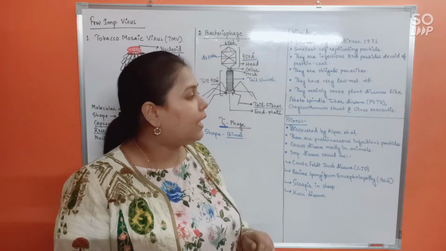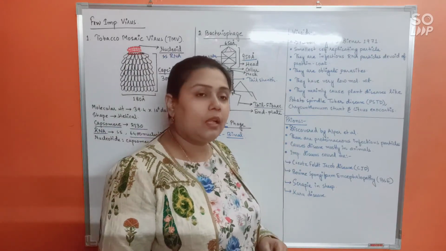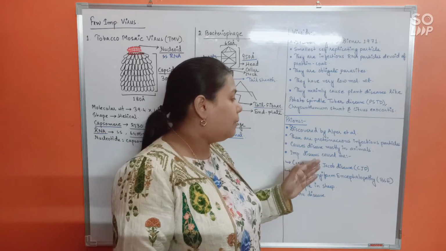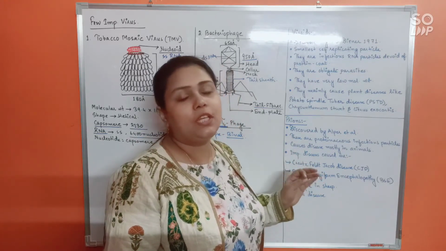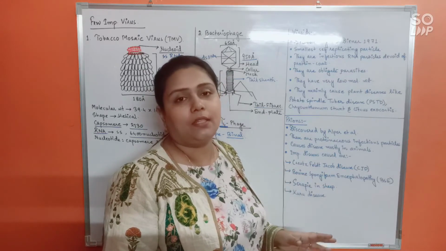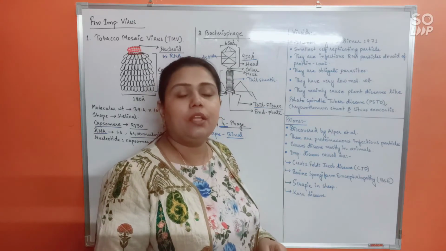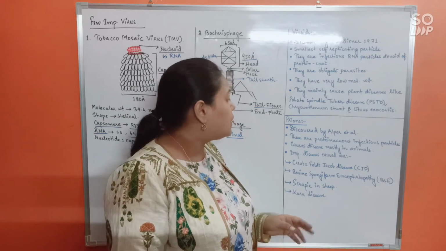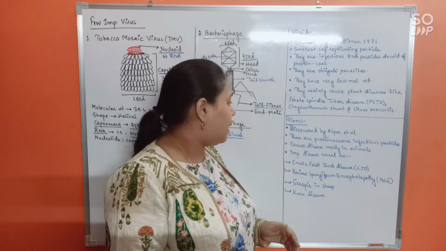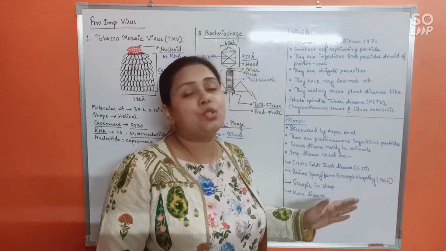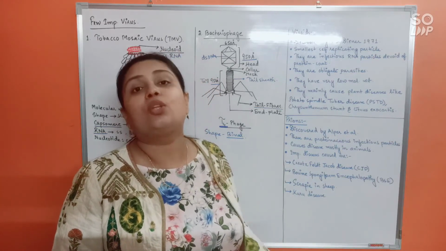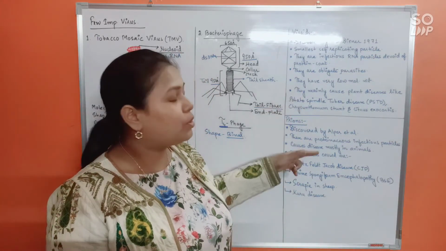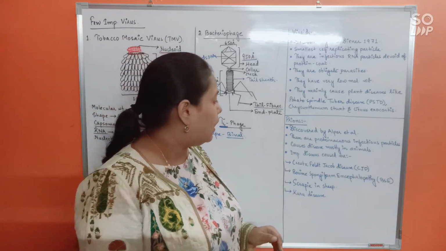Alright. Now, for prions, discovery was done by Alper et al. And they are, as I have told you, only proteinaceous, infectious protein particles. They have nothing to do with nucleic acids. Okay? So they are proteinaceous infectious particles and cause disease mostly in animals. Now, they will only cause diseases in animals and not in plants. That's another very important difference between the both.